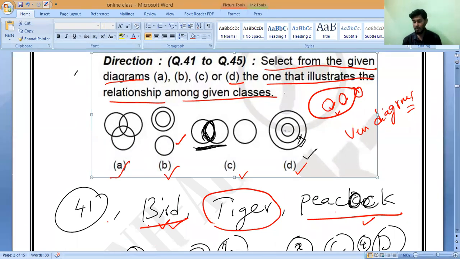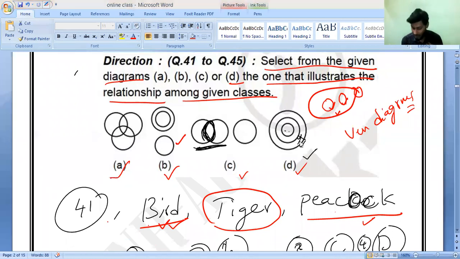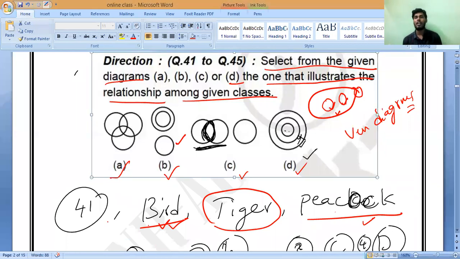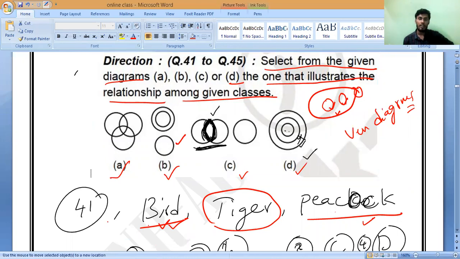Check, browse it and tell me what is the capital city of Punjab. Chandigarh, sir. So it is Haryana and Chandigarh. Actually, Chandigarh is located in Haryana, but before, we used to call it Punjab. Later it was separated into two states, and they have a common capital city now, called Chandigarh. That is why these two are under intersection. They have some common point.